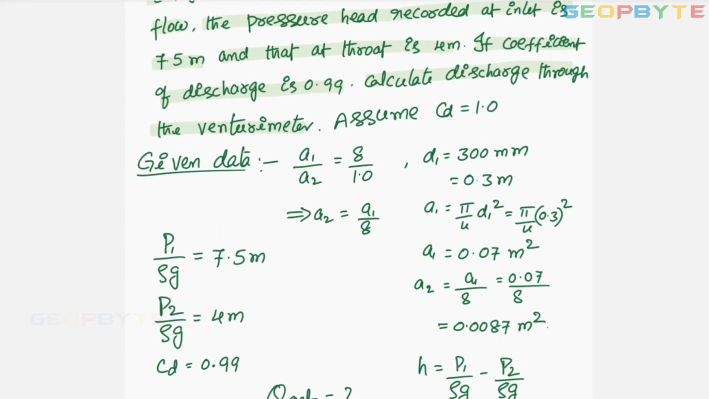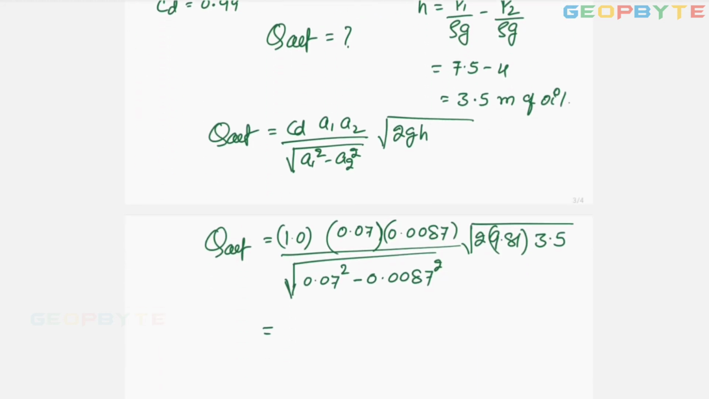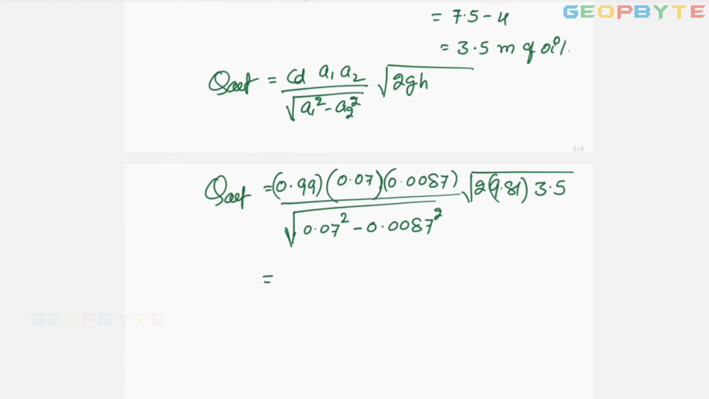Oh, sorry. For this problem, I did not recognize the coefficient of discharge is given. Sorry. Here the assumption is not required. This assumption is to be taken away. So coefficient of discharge is given, 0.99 given. I did not recognize. So coefficient of discharge 0.99. Okay, I'm sorry. So you simplify this value for getting the actual discharge. I got